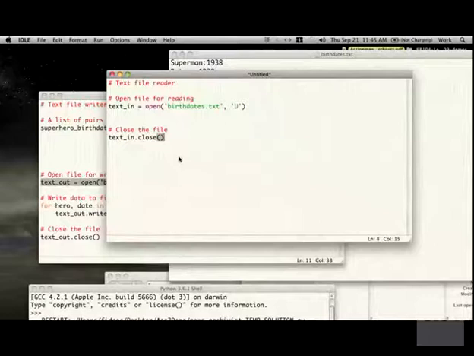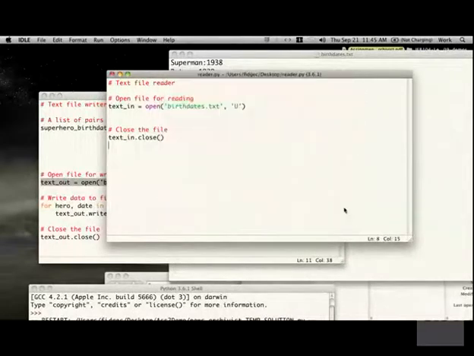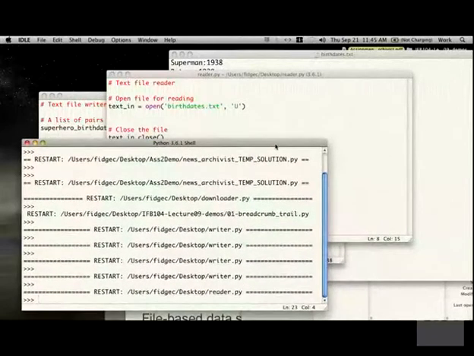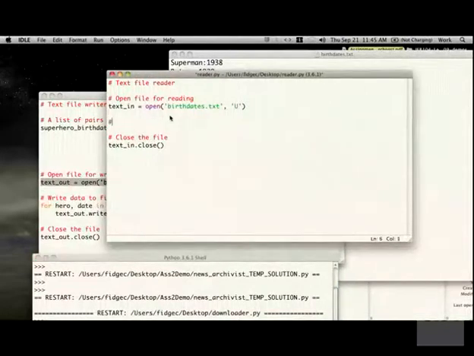Let's run it and see if it works. I'll call it reader.py, save, okay, and nothing much appeared to happen because I didn't actually print or display anything, but it did successfully open the file and close it again. That's a start. And now I'm up to the next dilemma: I want to read the data, and let's say print the data